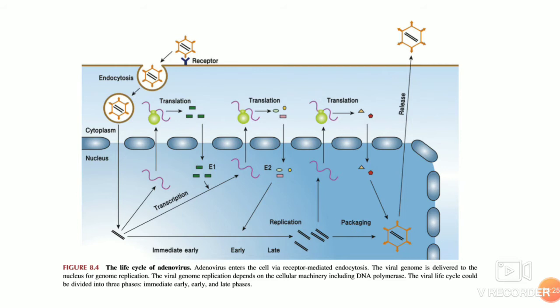Viral DNA produces early transcripts, which are basically the E1 proteins. E1A proteins regulate the recruitment of important transcription factors, such as TATA binding protein and other factors, to the DNA, and more transcription happens. Once the early stage proteins are synthesized, the immediate early genes are E1A, and then the late early genes are the polymerase and terminal protein, pre-terminal protein, and DNA binding proteins encoded by adenovirus.